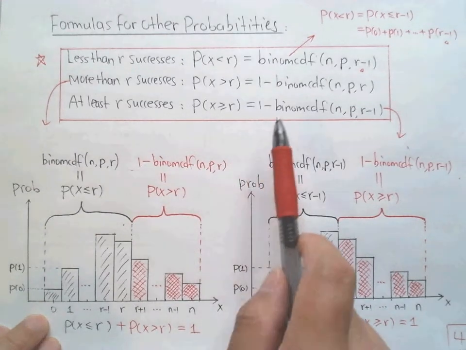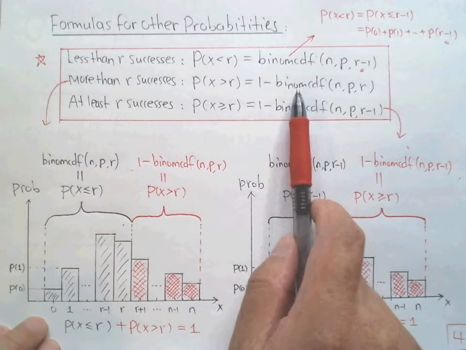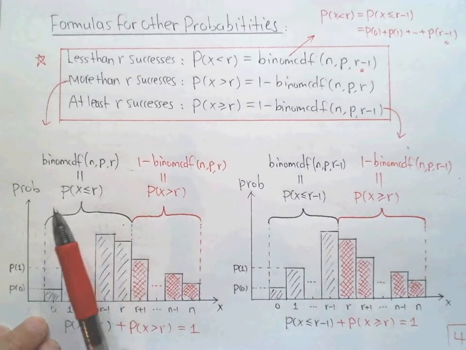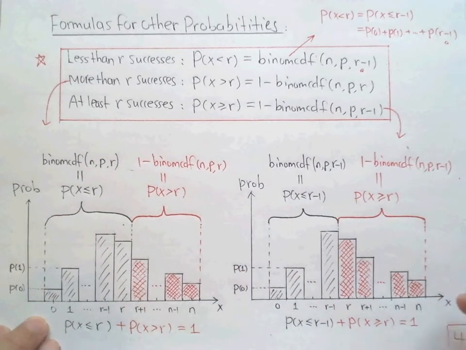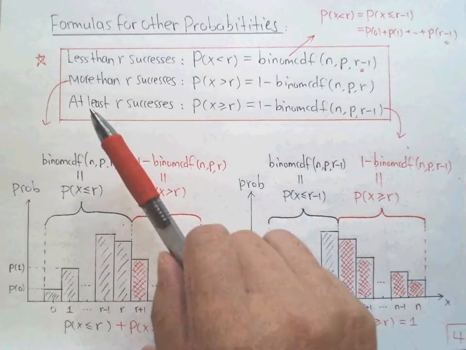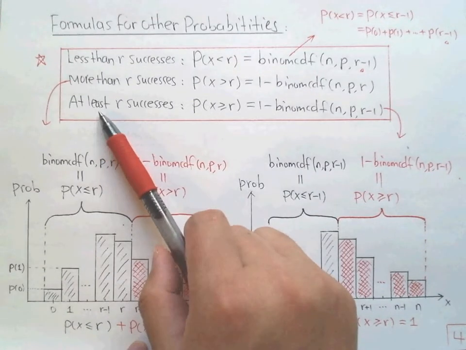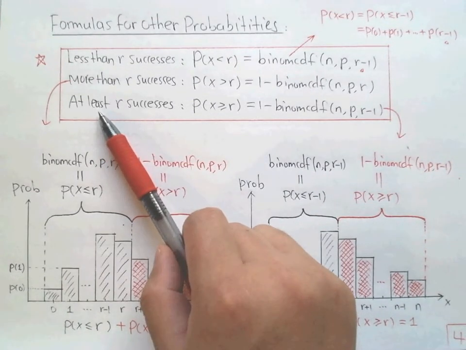So 1 minus binomial CDF. This is R. Have you seen? That's the formula. That means to find the right side, use 1 minus the left side. Give you a basic idea. Now the same, if they ask you these questions,